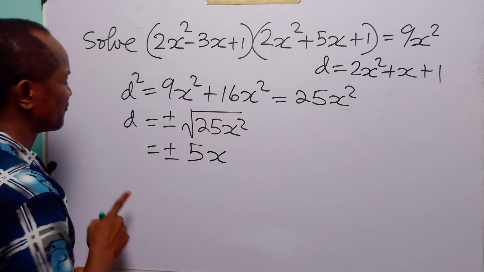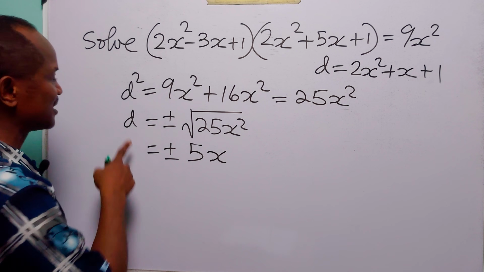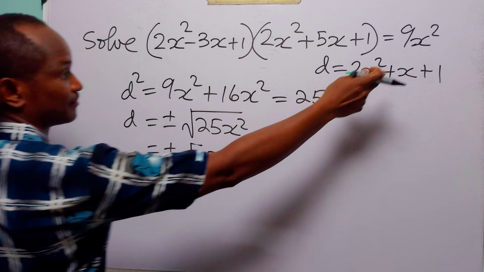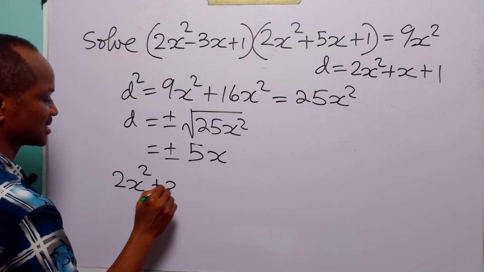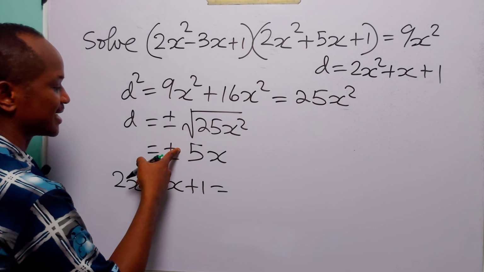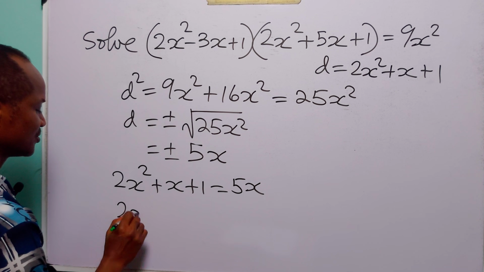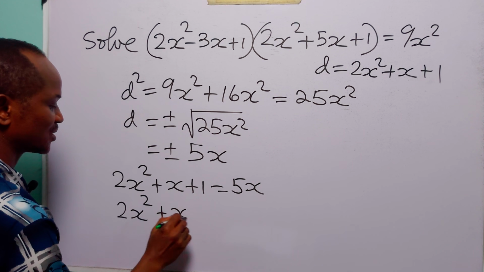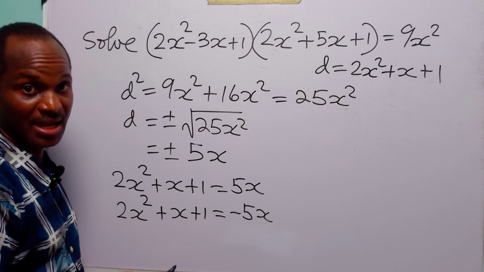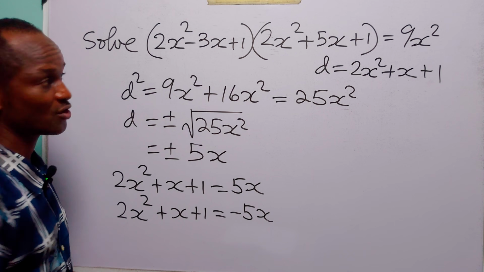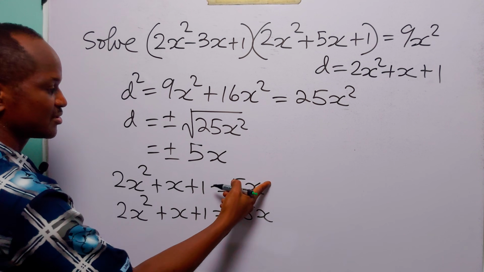Now you can see that we have a very simple relationship between D and x, and this simply means that either 2x squared plus x plus 1 is equal to 5x, or 2x squared plus x plus 1 is equal to minus 5x. So to find all the values of x that satisfy this equation, all we have to do is to solve